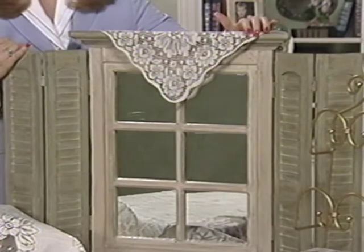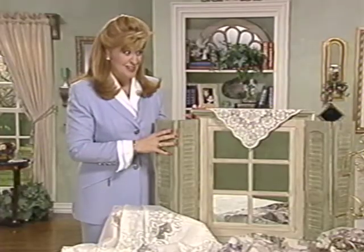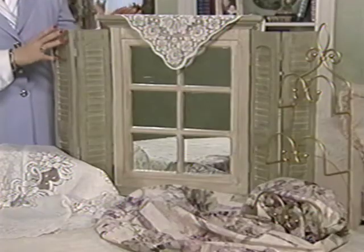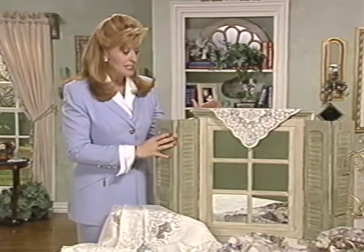This is a great piece because it adds a window where you wish someone would have put a window in your home. But the nice thing about this is when you decide to move, you take it with you. That's the great part about it. But it's a lot of fun. It's very new, but we can easily show you how this can go very country, can go Victorian, and also can go a real clean line look as well. So we're going to start with this piece for our focal point in our wall decor,